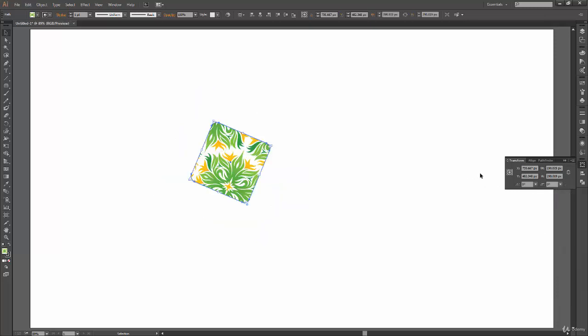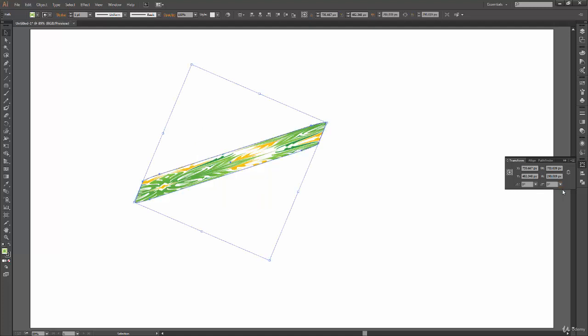Let's say -60 to have a shape back. Again you can click and type your values over here, let's say 70%, and you have your object sheared. So these are all options we get in transform panel. So yeah, it's all those values which we have seen so far in all these 4 tools. It's the same thing, but here you get all these things in a single panel.